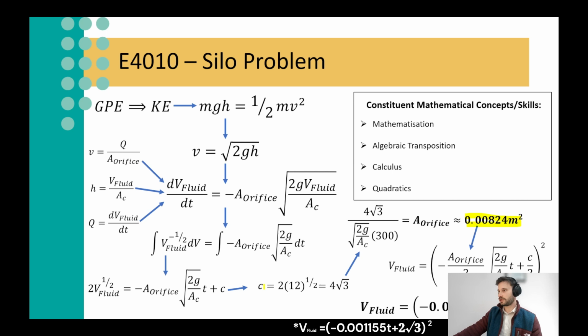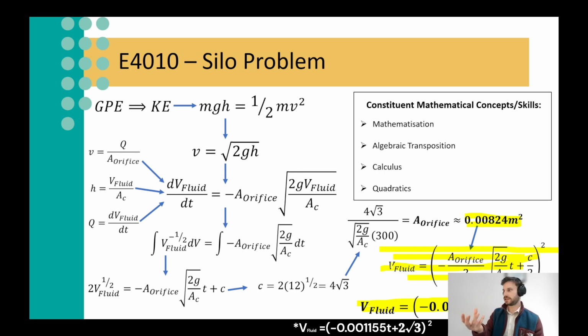And I've presented it maybe a little bit messily here, but we've kind of got this idea of a general form, and we've got this idea of a particular form. Okay, so what do I mean by a particular form? Well, by a particular form, I mean an equation that is describing the relation here that is specific to our liquid storage silo. When I'm talking about a general form, I'm talking about, well, this is the relation between